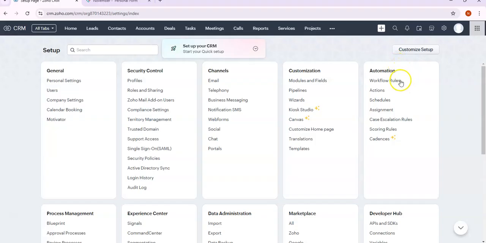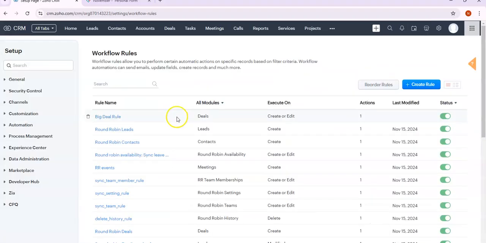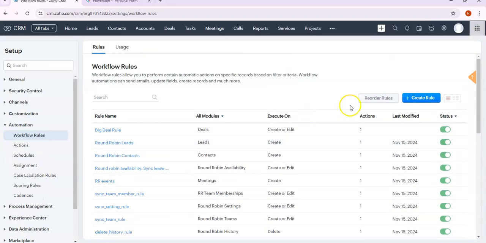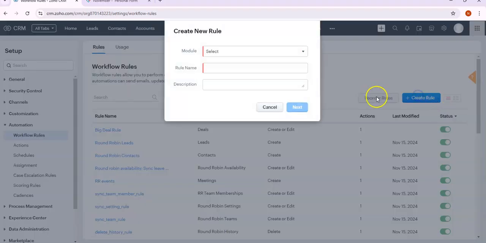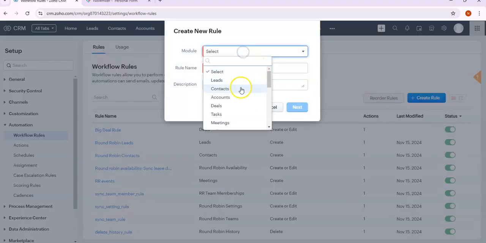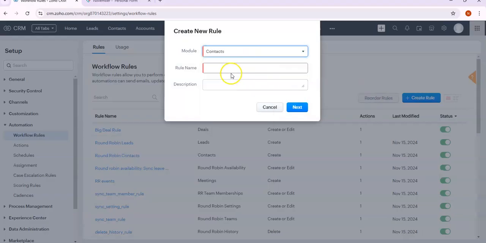And now we will be creating a workflow that will update or push the changes from the CRM going to the Creator. Go to the settings, and under automation click workflow rules, and we will be creating a workflow by clicking this button, create rule. Select the module. We're going to select contacts and give a name for your workflow. I will name it push update to Creator,